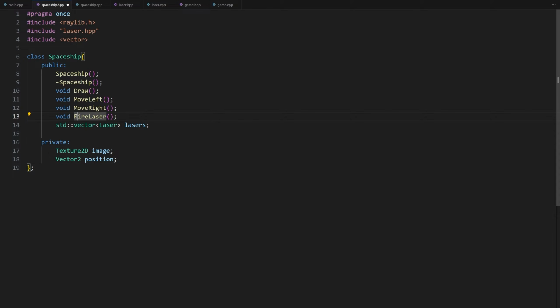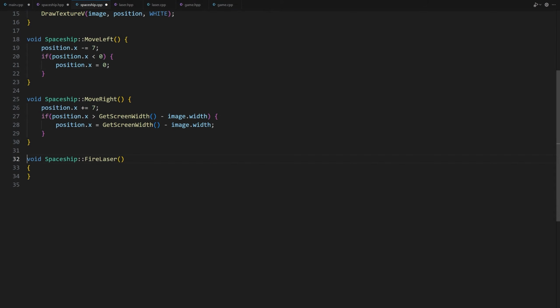I will let VS Code do the typing. This method will be called when the player presses the spacebar key on the keyboard. When that happens, we need to create a laser object and add it to the lasers vector. So, lasers.push_back(Laser()). We need to provide two arguments, position and speed. The last argument is easy. Let's enter -6 for the speed, and now let's calculate where we want to position the laser beam when it is created. We want it to spawn at the center of the spaceship position, so we have to provide that position to the laser class, curly brackets.